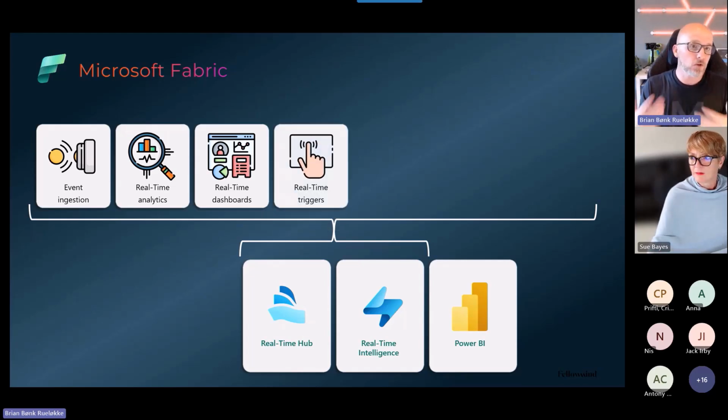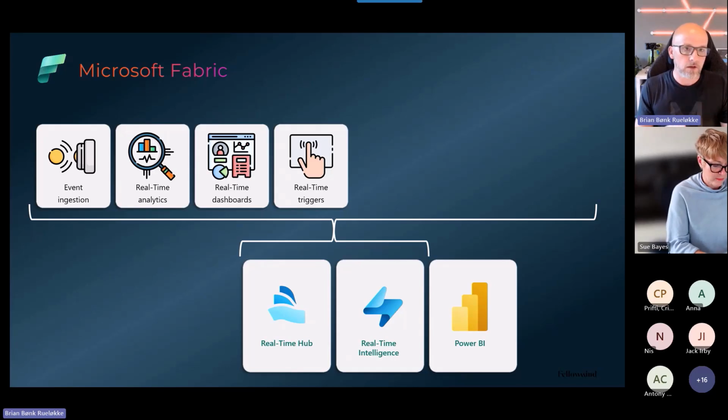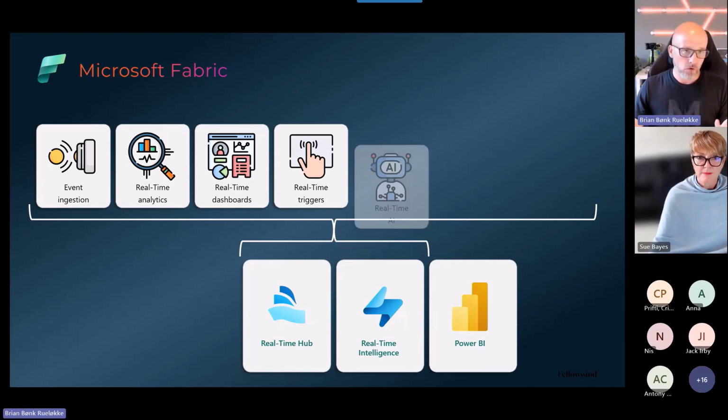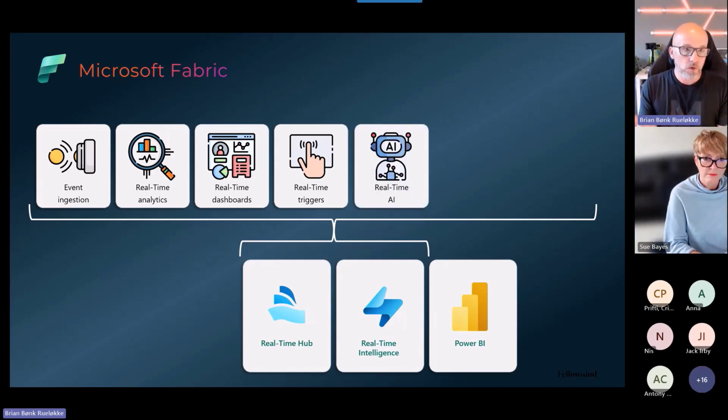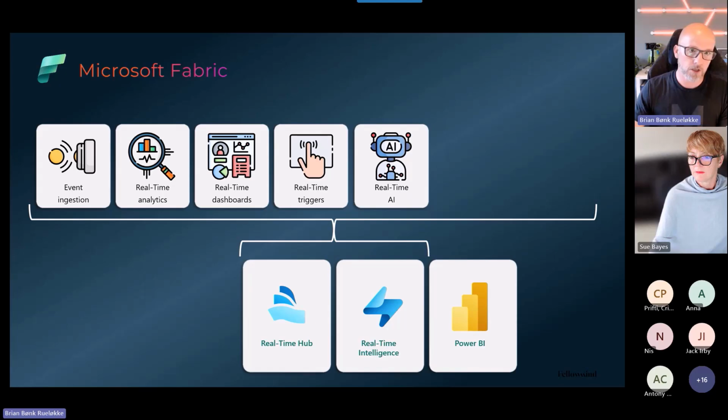Triggers, we can react to the events. So the windmill again, if the bearing is making strange noises, then we can react to it with a trigger, and that trigger can send us a Teams message, a mail message, or start another process, a pipeline or a Python notebook, whatever you need. We can do real-time AI. Every time a row enters the database, we can have that scored towards an AI model. And then the results of that AI model can be saved into the database within a few milliseconds, and then we're good to go.